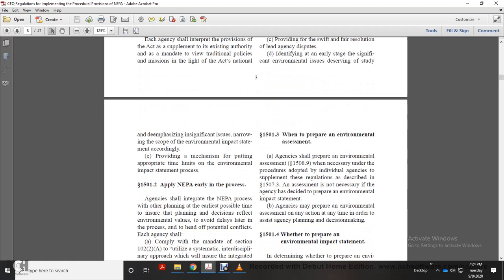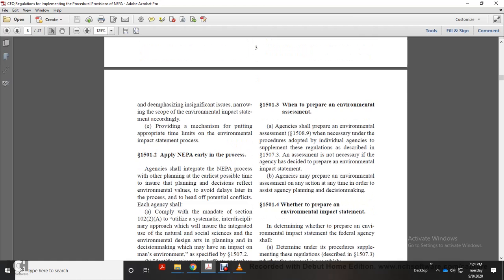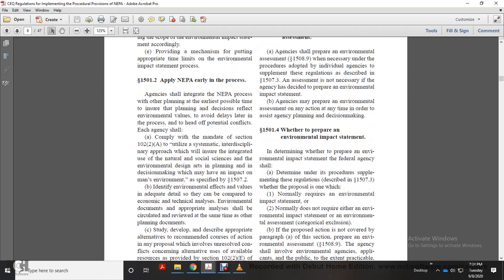Applying the National Environmental Policy Act early in the process, agencies shall integrate the National Environmental Policy Act process with other planning at the earliest possible time, to ensure that the planning and decisions reflect environmental values, to avoid delays later in the process, and to head off potential conflicts. Each of the agencies shall comply with the mandate